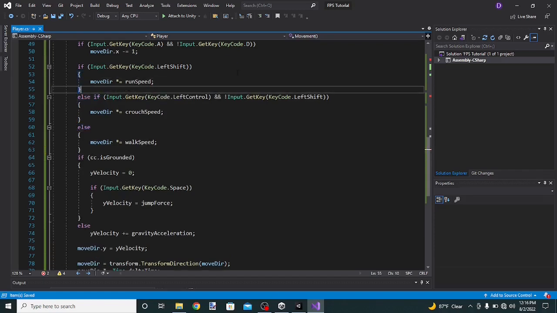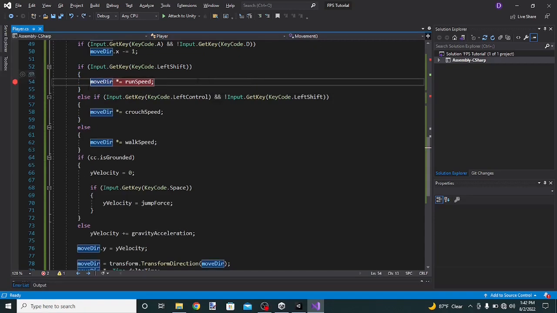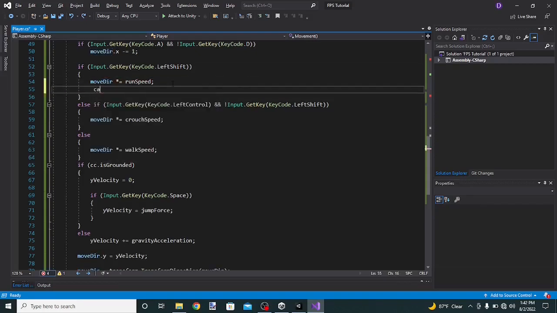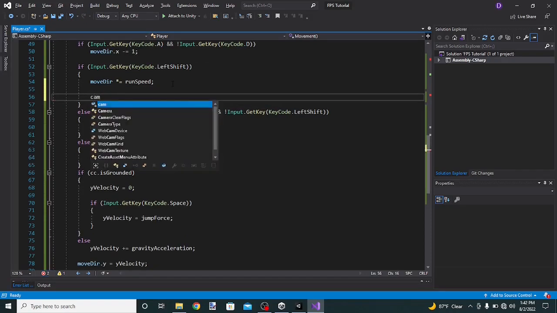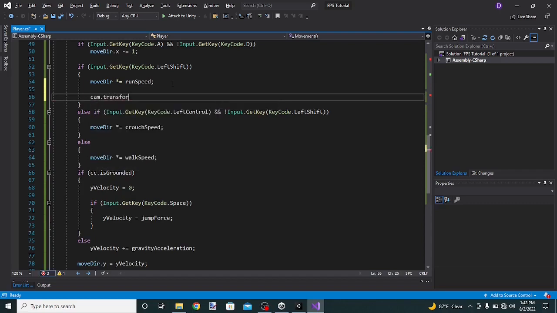Alright, once the brackets are added, we're going to go ahead and type in here. We're going to do cam.transform.position, actually local position, sorry. Why isn't it autocompleting? I don't know, Visual Studio decided to not autocomplete now. Okay, equals Vector3